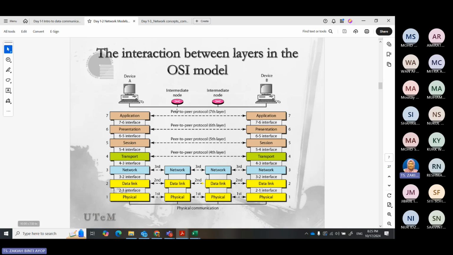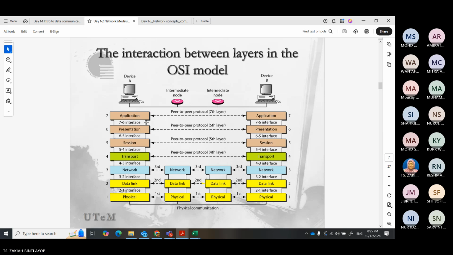Whatever applications, methods or communication you need to use, you still need to refer to the OSI model or the TCP/IP model. The concept inside is that between these layers we have an interface, like middleware, to communicate between the layers, until it reaches the physical layer. So from application to the physical.